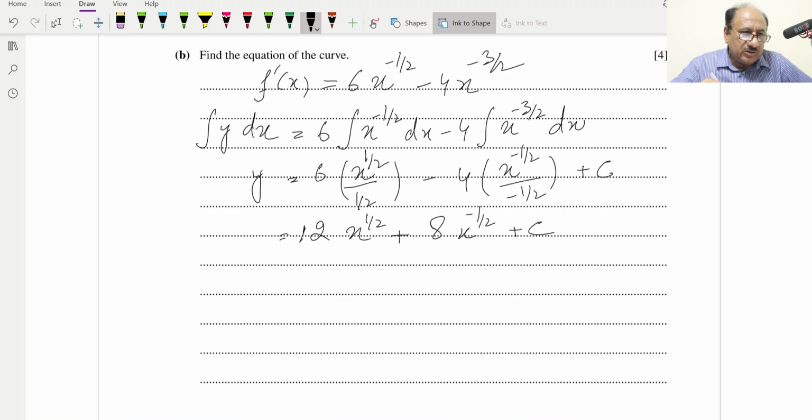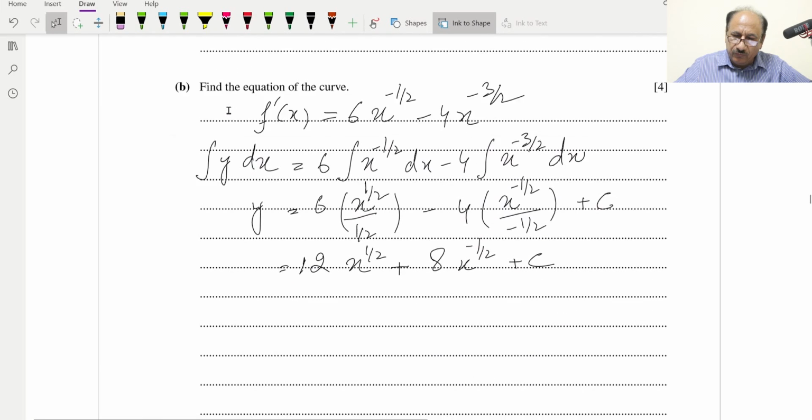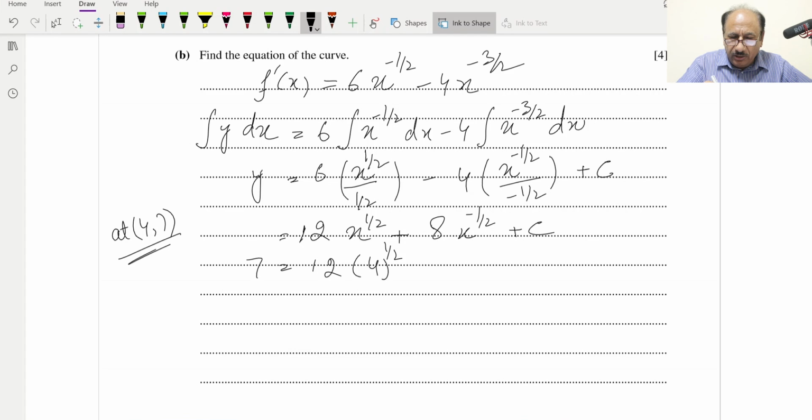and this point is what? Point is 4 and 7. This one 4 and 7 point is given, so we will replace that point. So 7 is equal to, we can write at 4 and 7. So 7 is equal to 12 into 4 raised by 1 by 2 plus 8 into 4 raised by minus 1 by 2 plus c, and rest is just simplification,